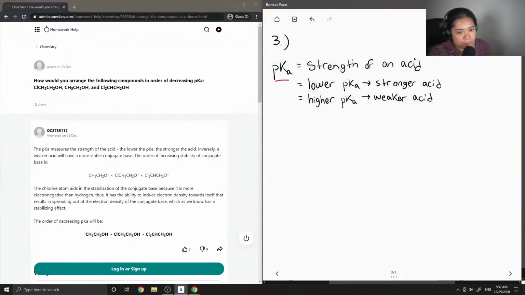Okay, so when you have a strong acid, this means that the acid can readily dissociate into its ions and kind of remain in ions in solution. But when you have a weak acid, then the acid only partially dissociates into its ions. So basically,